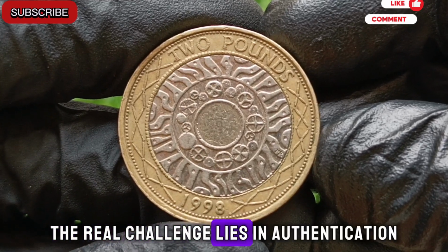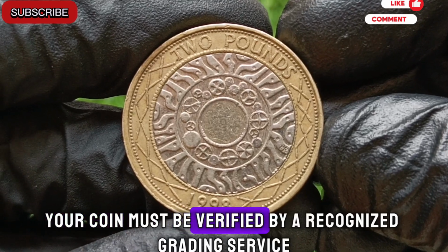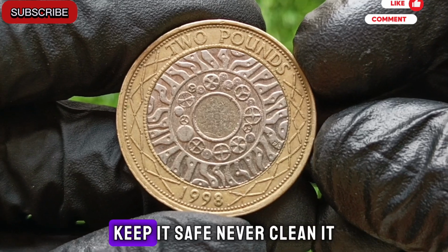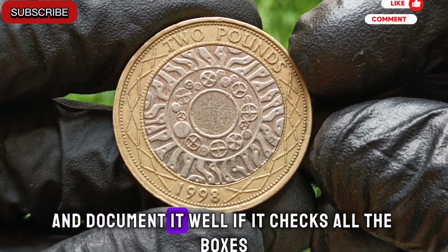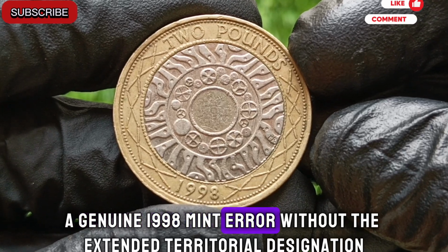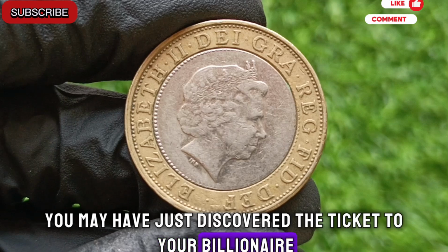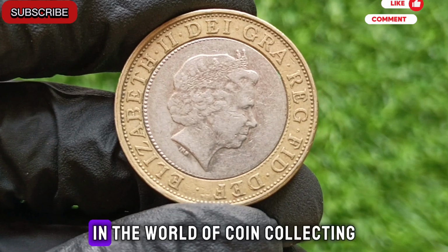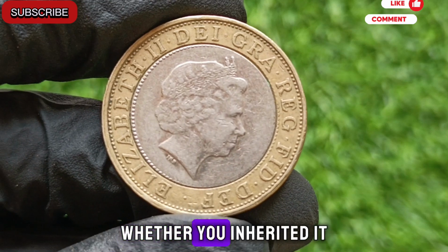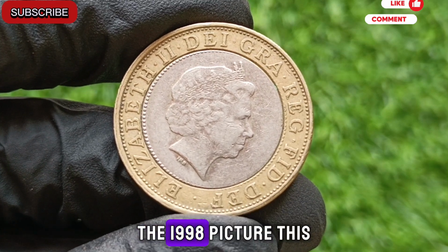The real challenge lies in authentication. To fetch its maximum worth, your coin must be verified by a recognized grading service and compared to known error catalogs. Keep it safe, never clean it, and document it well. If it checks all the boxes, a genuine 1998 mint error without the extended territorial designation, you may have just discovered the ticket to your billionaire breakthrough. In the world of coin collecting, finds like these are once in a lifetime. Whether you inherited it, found it in circulation, or picked it up by chance, the 1998...